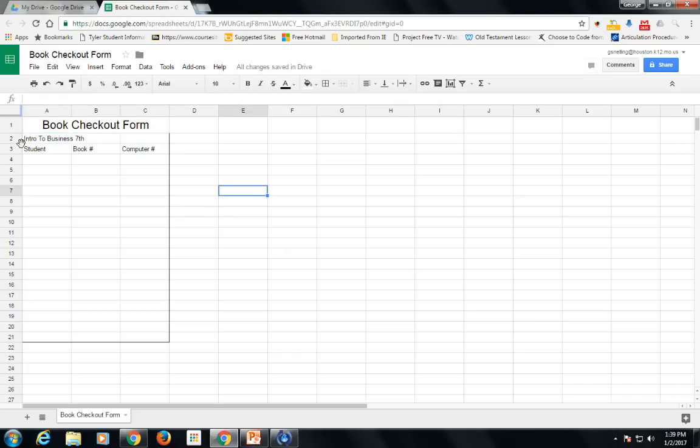Now let's do the same thing for our class. We're just going to highlight the 3 cells, merge it, and then center it. Good. Okay,